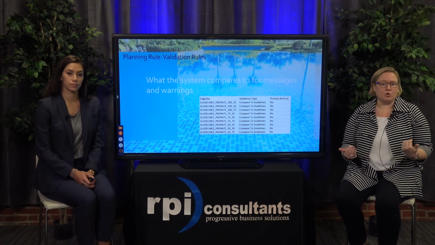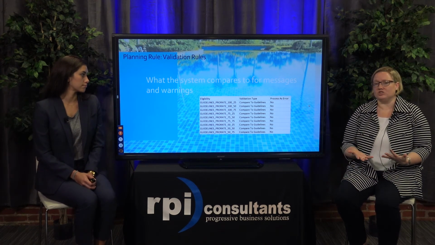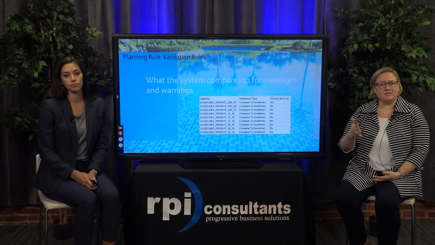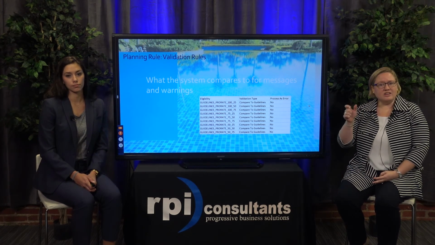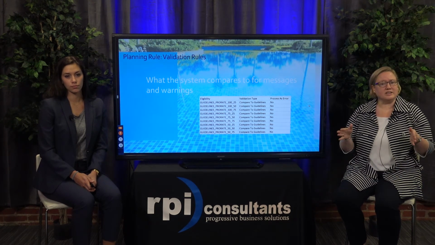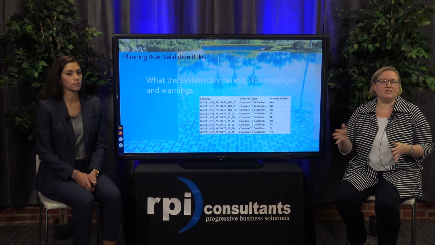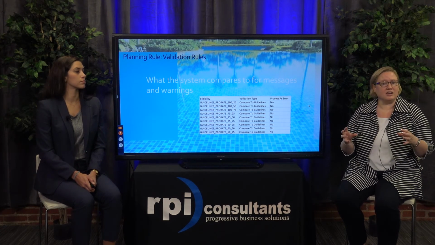And then just kind of a sample screen of the validation rules. This is what the system is comparing to give you messages and warnings around the percents that the managers are putting into the merit budgets. So this one has some examples of different prorations, 75, 50, 100%, and the end of it, that 25, 50, 75, this organization was using market pricing data in terms of the 25th, 50th, and 75th percentiles to define where people were eligible for merit increases.